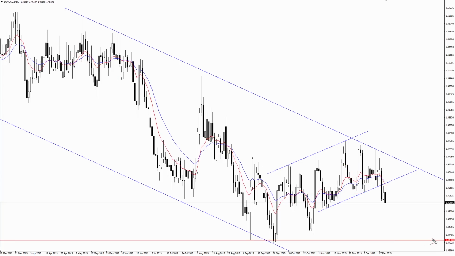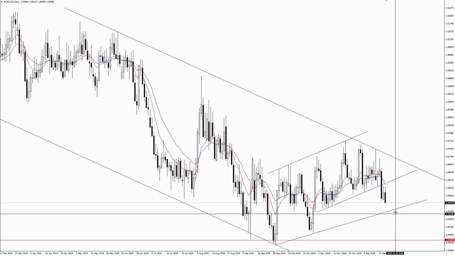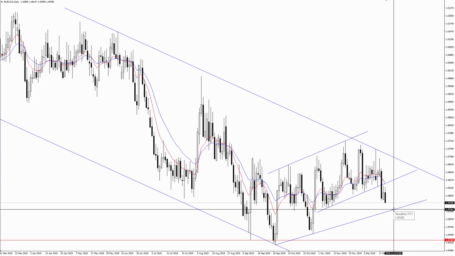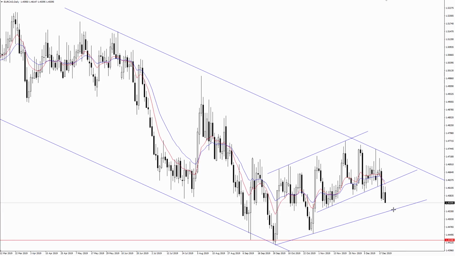But do keep in mind too that we have a short-term trend line that could become a factor this week. So if I draw a level from these two lows, this 145.30 area down here could attract buyers. So don't be surprised if we see a move into this level followed by a slight bounce higher. So whether or not this bounce right here takes us all the way back to this area, or we just see a short-term pop higher and then a close below it, that's anyone's guess.